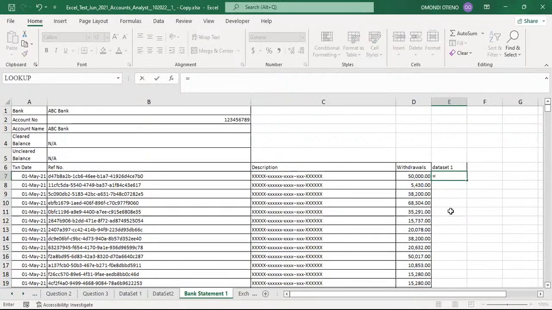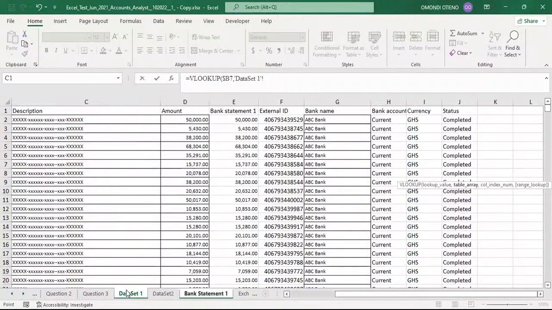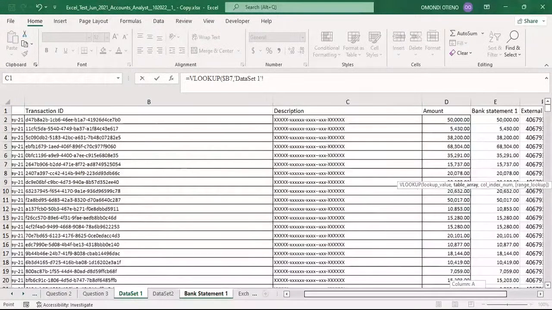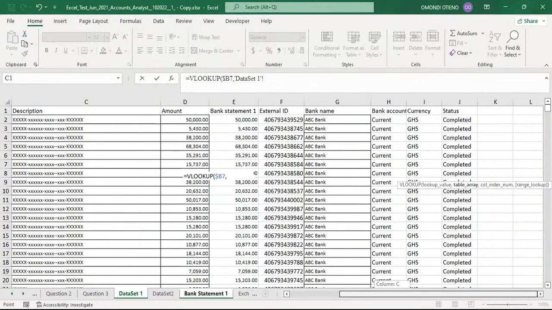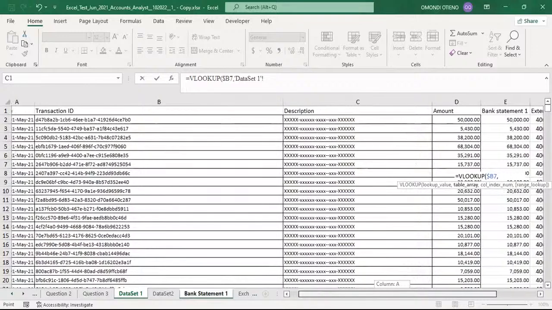Equal VLOOKUP. What's our lookup value? It is this transaction ID in column B, our reference column. So we have to place a $ sign before letter B, comma. Our table array is the other table. So what is the other worksheet? It is now the data set 1. We only need to compare the transaction ID and the values. So we don't need this extra information. We only need it to give us the